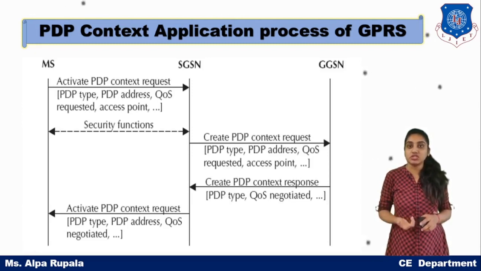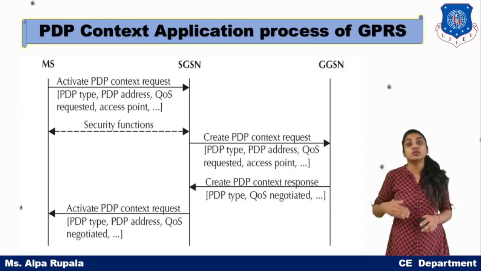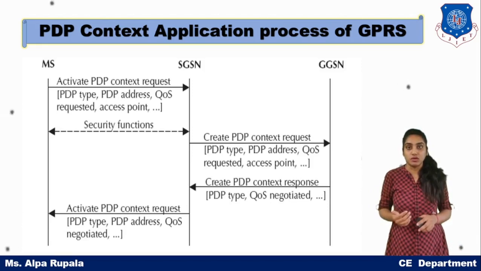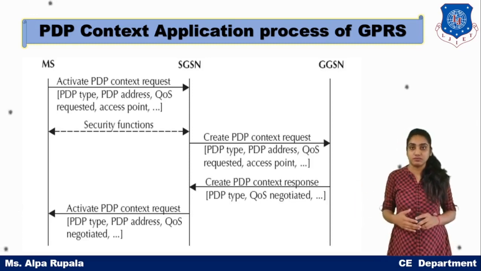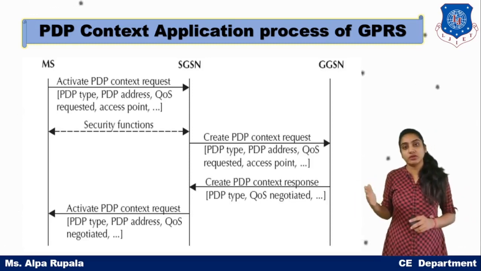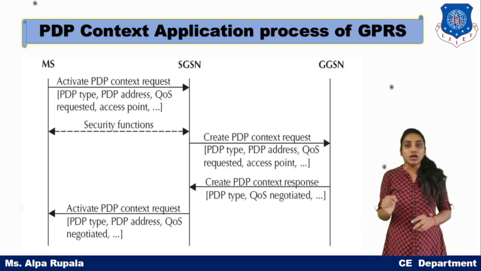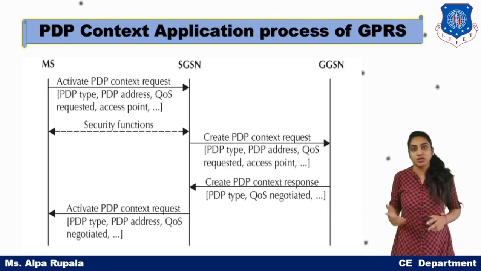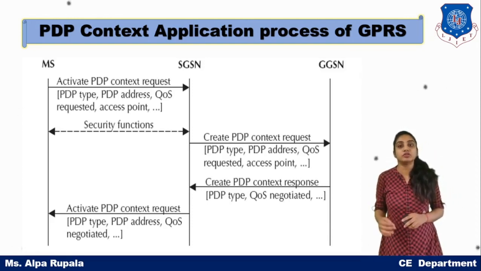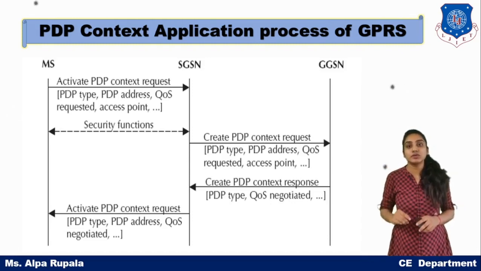The SGSN is just a mediator. The proper task will be done by the GGSN for the relevant PDN network. Obviously, if we have another PDN network, then we will have some relevant GGSN, and we request that particular packet data structure from that relevant GGSN. So ultimately, the MS will forward the request to the SGSN and the SGSN will forward the request to the GGSN. Now the GGSN will send the response in the form of the PDP type, then the PDP address, then the access point through which we can communicate, and the last one is the QoS.